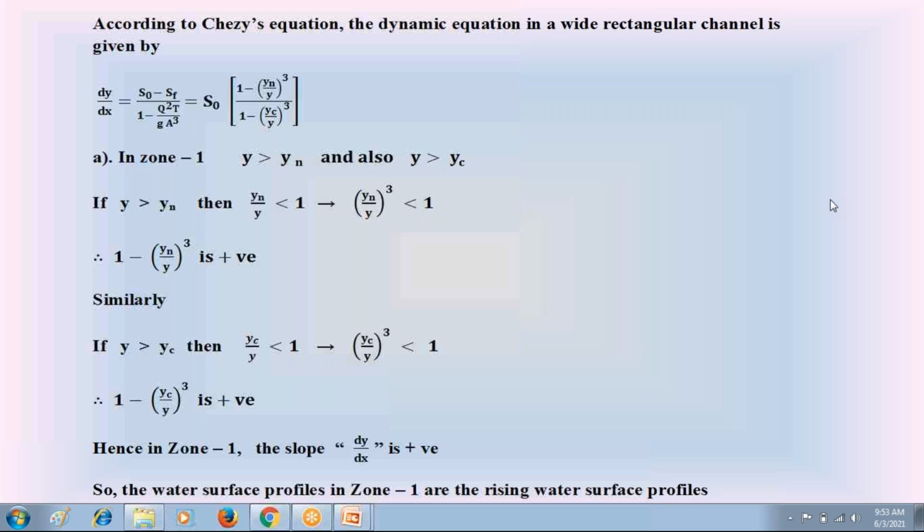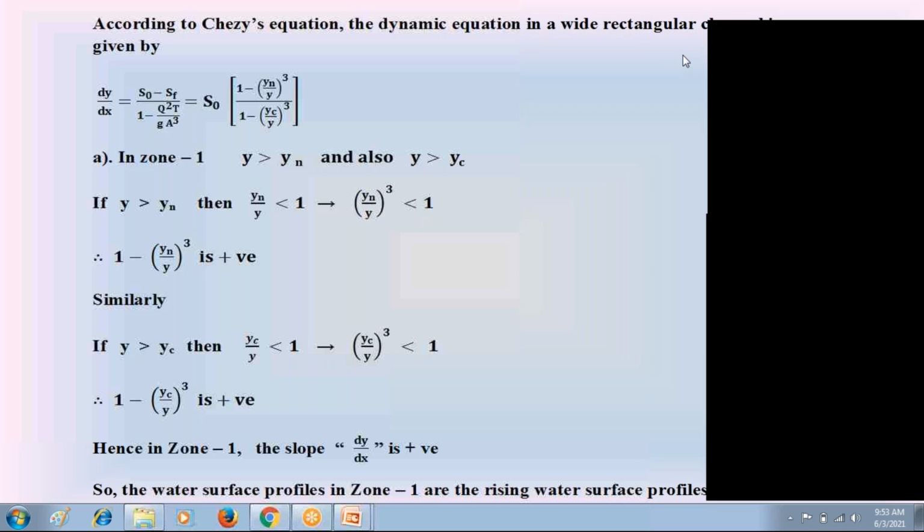What is that dy by dx? Either positive or negative in zone 1. What is dy by dx in zone 2? What is dy by dx in zone 3? Dy by dx is called the slope of the water surface profile in open channel. Now, to discuss that slope dy by dx in zone 1, zone 2 and zone 3, I am going to consider the